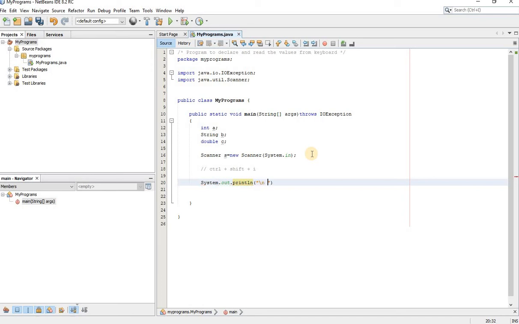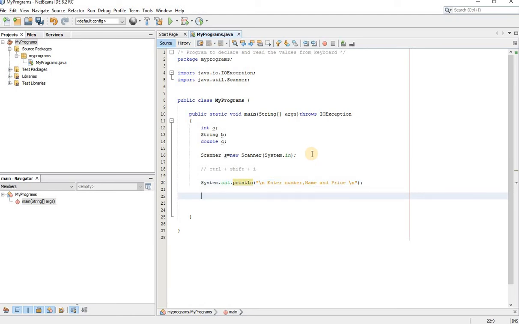Okay, so let's do it. I will say here, enter number, name and price, something like this. It is not something random, you can say that it's number, name and price. To make it meaningful, I have given those words.